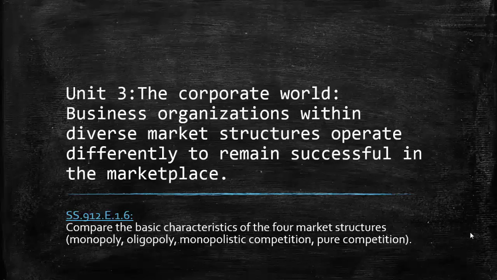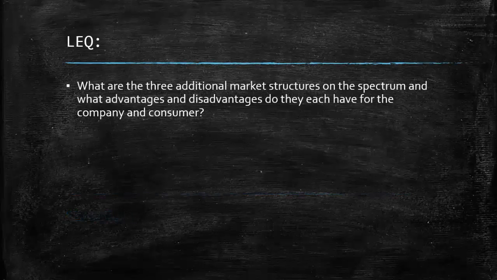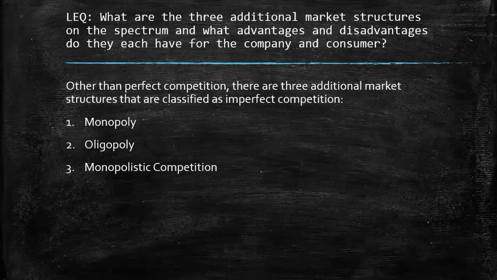Alright, here we go. This is our final video in our series on market structures, part 4. So our LEQ has been the same. We have perfect competition, and then what are the 3 different types of market structures that represent imperfect competition. So we have covered monopolies. We have covered oligopolies, and now we're going to cover monopolistic competition, which makes up, in terms of quantity, the